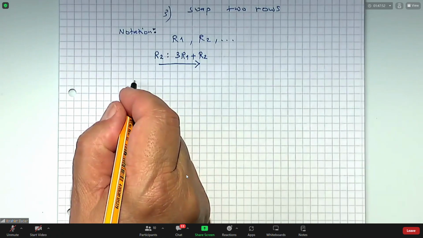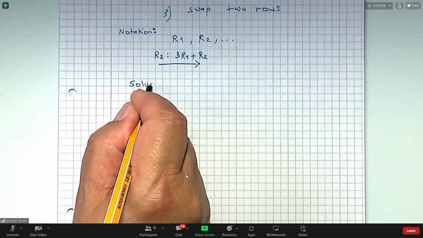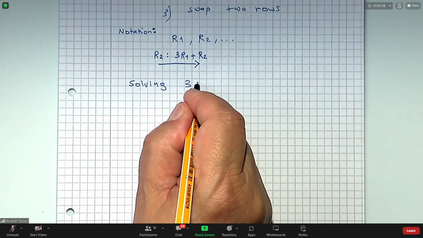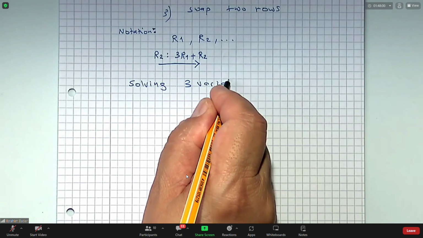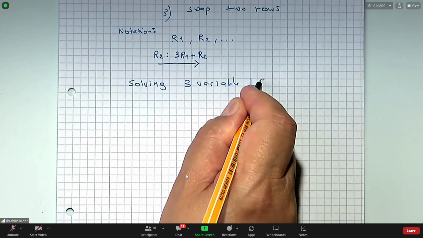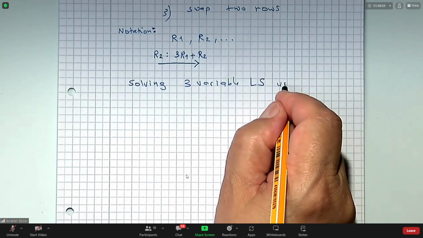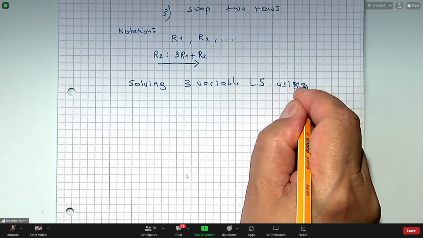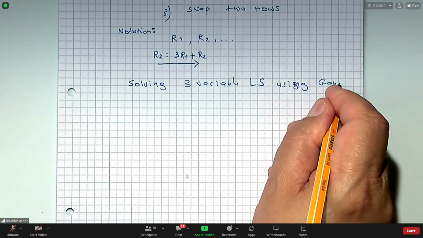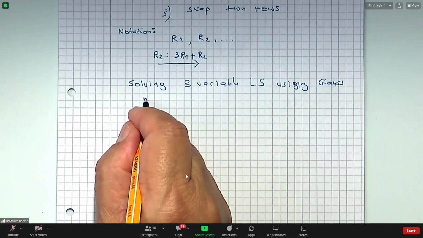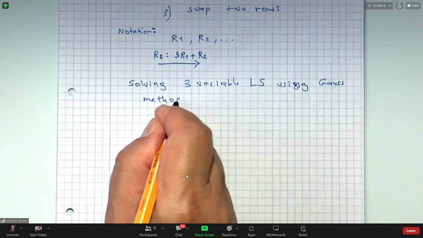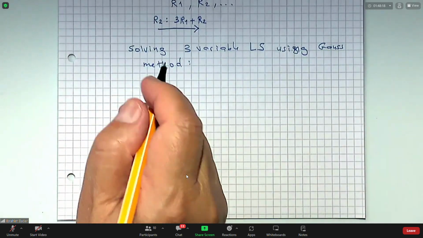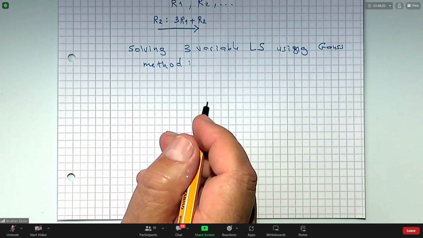Here we will talk about solving a 3-variable linear system using Gauss method. Now before I start with this section, I just want to